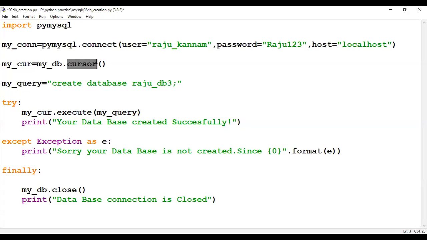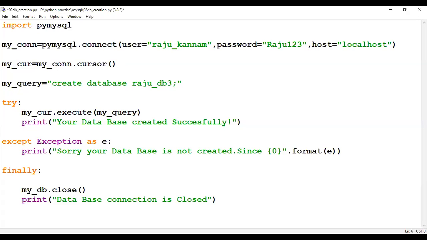That's the reason connect and cursor, these two are important classes from the PyMySQL module. Now, once the connection is created, I'm creating my underscore connection dot cursor.